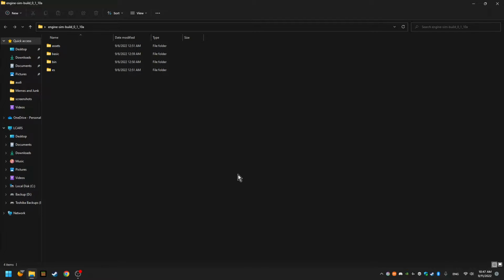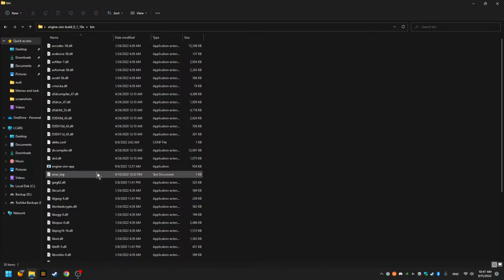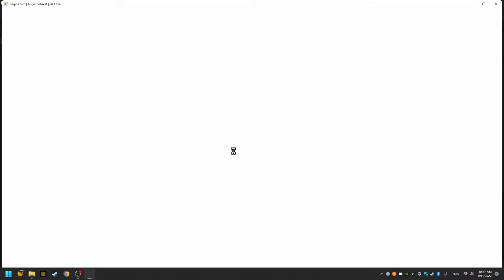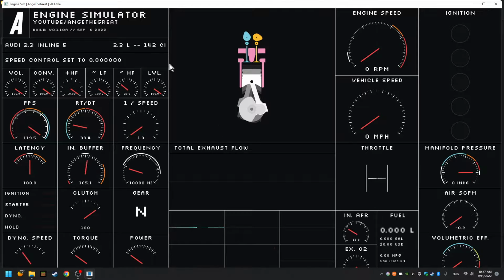All right, well, welcome to this little thing here. I got this engine simulator. I opened the wrong file. Bin. So I think a default engine. Yep. Audi 2.3 liter inline 5, which is a really weird, goofy engine, but we're going to go ahead and